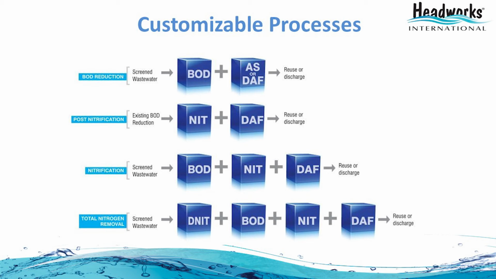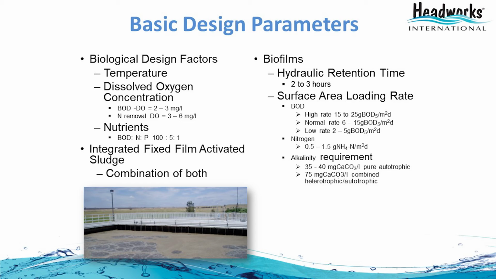You can add one module at a time. If you already have a BOD reactor and you don't want to disturb the process, you can add a nitrification process in the back end or a denitrification process in the front end. We can also add an anaerobic reactor in the front end for phosphorus release and removal in the aerobic zones. So the design parameters for MBBR processes, which is a biofilm process: